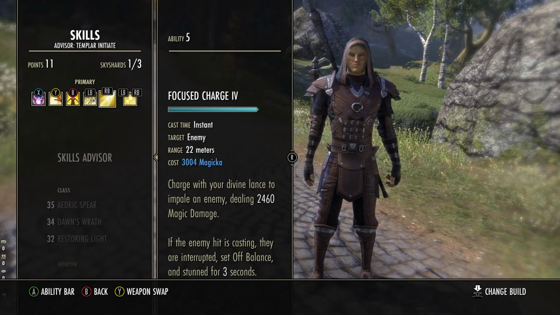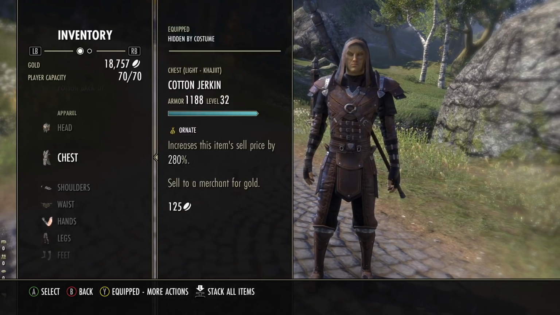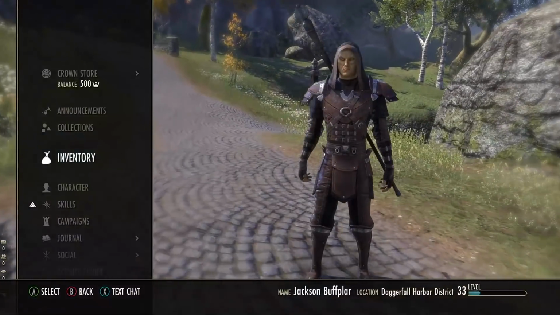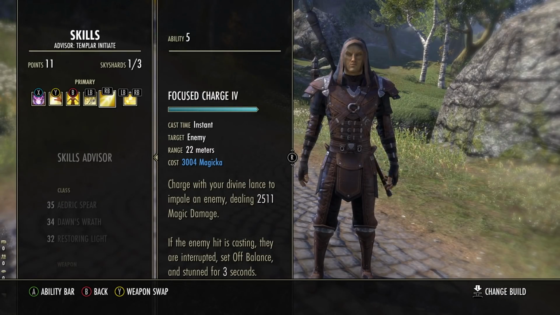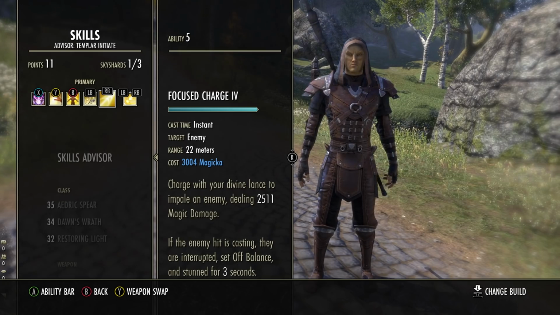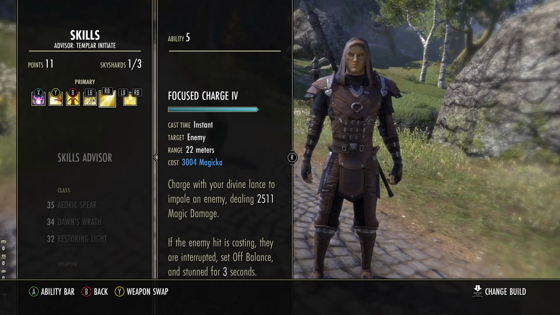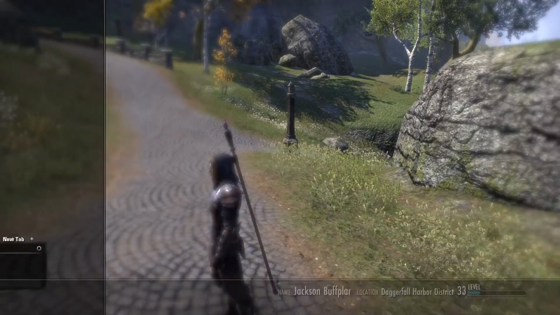Now the ultimate thing to do here is I want to increase both my spell damage and my max magicka. So by equipping the robe again and having the spell damage buff, now this ability hits for over 2,500. I've done a good job increasing my damage by both increasing my max magicka and my spell damage. So again, the scaling of your ability depends on the cost. If it costs magicka to cast, the damage or healing done will increase by increasing your max magicka or your